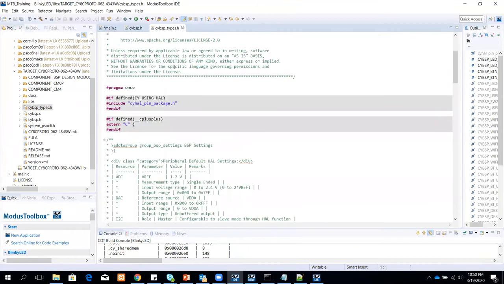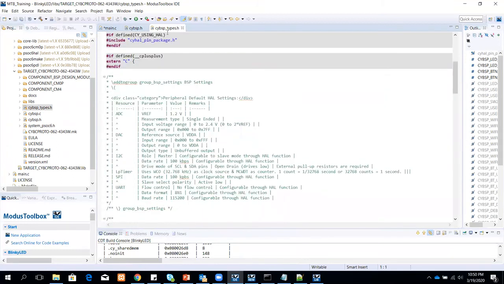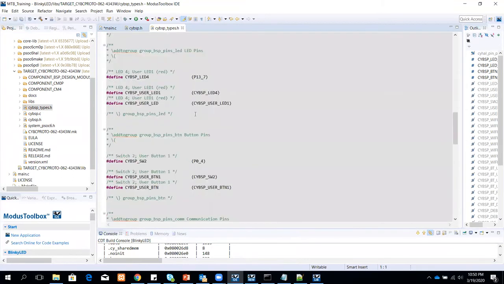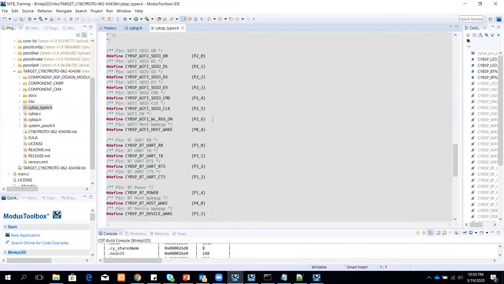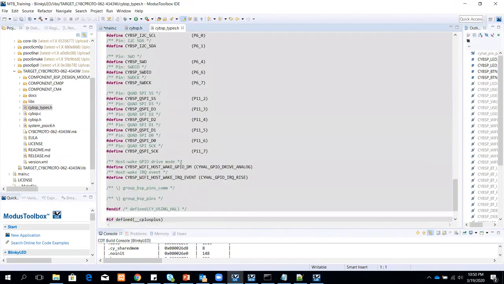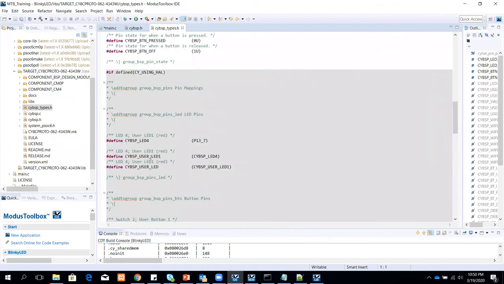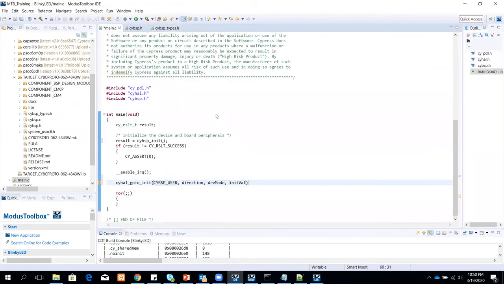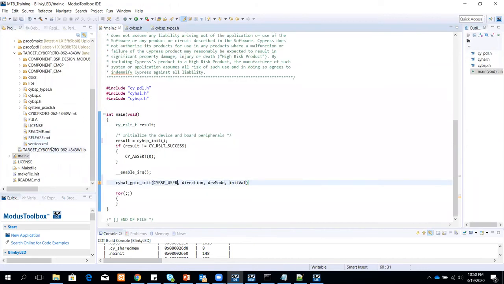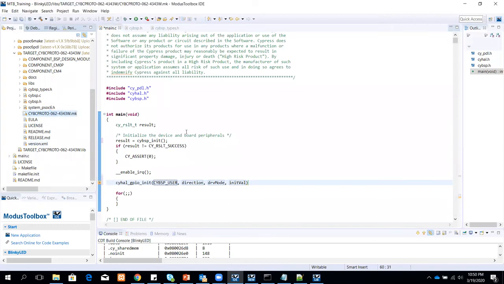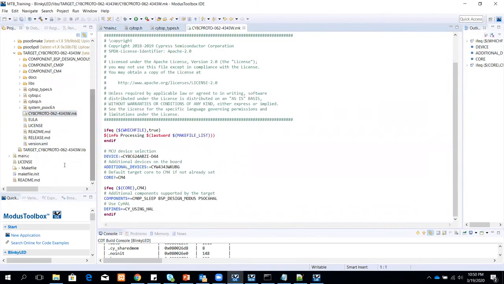Okay, so all the macros are available in the CYBSP types.h, and you'll see them here. What I want is the user LED one. And I think in the make file. Yeah, okay.